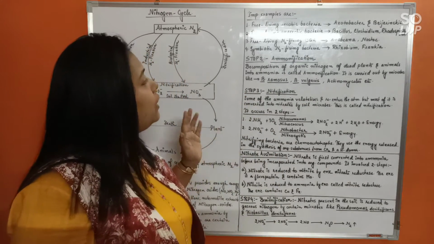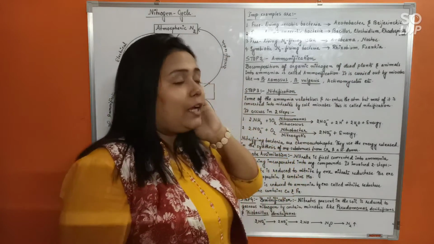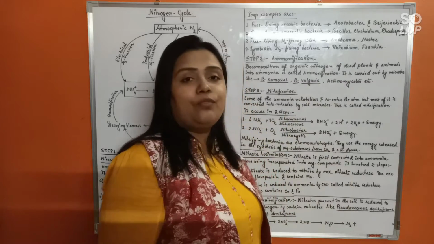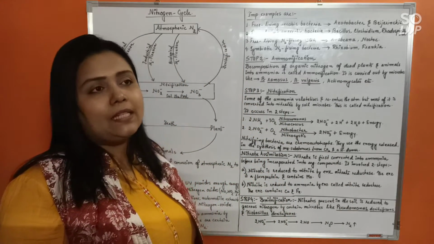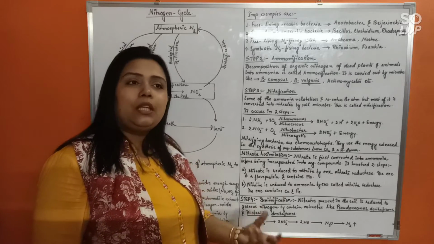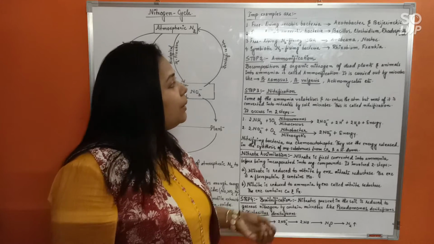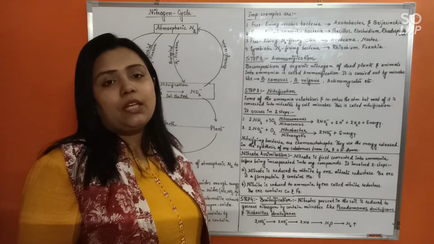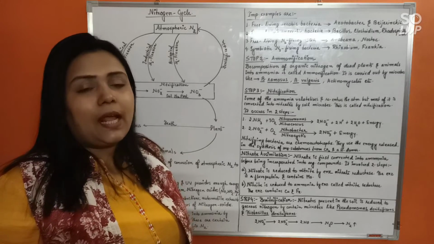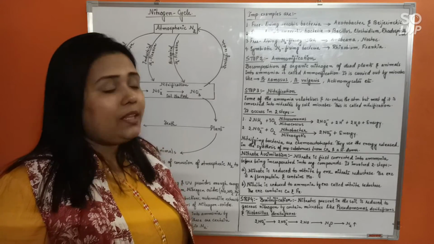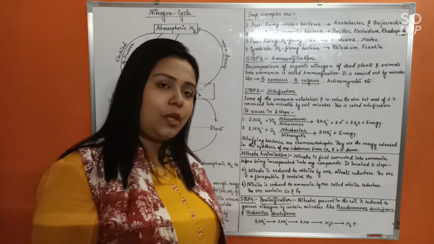Likewise, symbiotic nitrogen-fixing bacteria like Rhizobium and Frankia. Rhizobium is a symbiotic nitrogen-fixing bacteria which is going to be found in the roots of leguminous plants like sweet clover, sweet pea, likewise alfalfa, etc. But Frankia is another symbiotic nitrogen fixer which will be found in non-leguminous plant roots like in the roots of Alnus. That's the difference. Leguminous plants, non-leguminous plants.